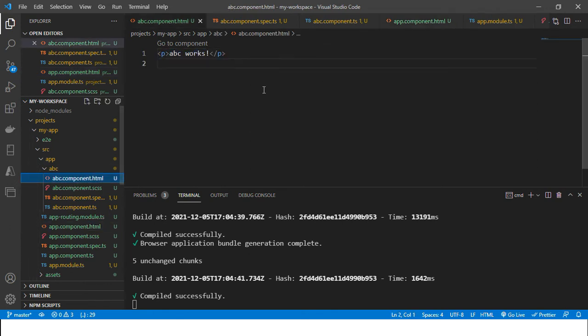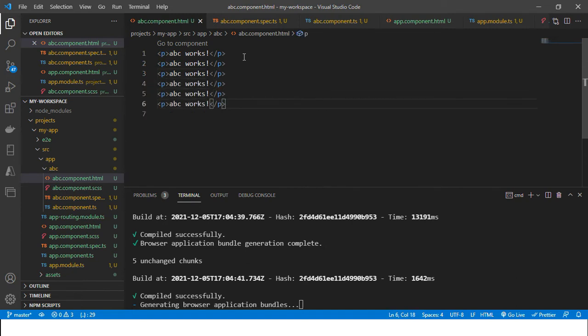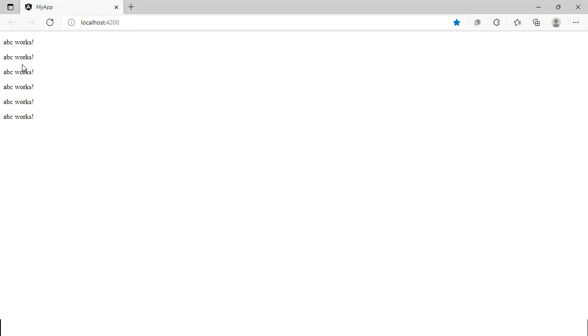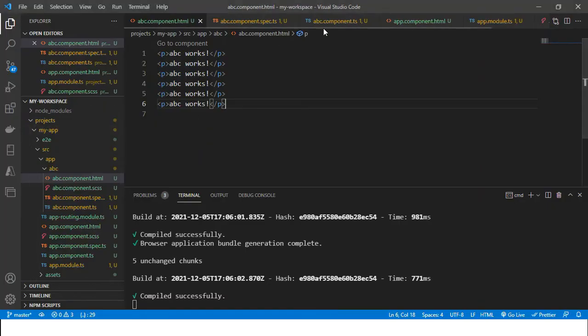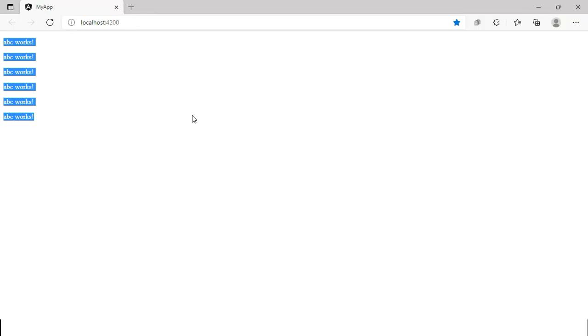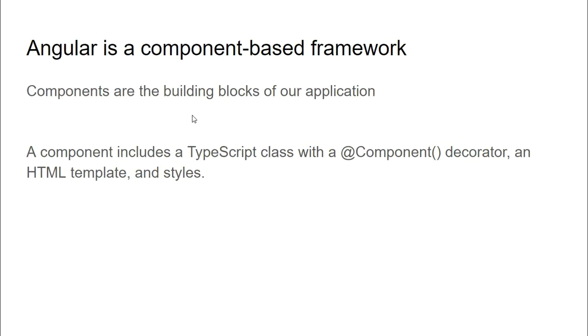Okay, HTML, inside this view there is one paragraph tag. Many times I have placed this, so the output would be like this. Okay, now this is the way we can create components. And next step, see now the component